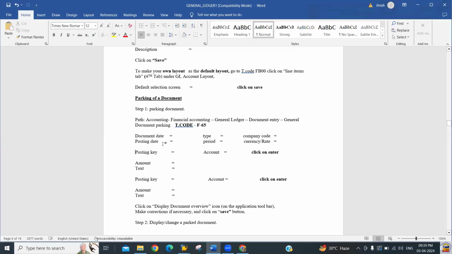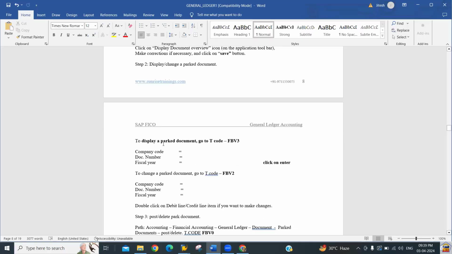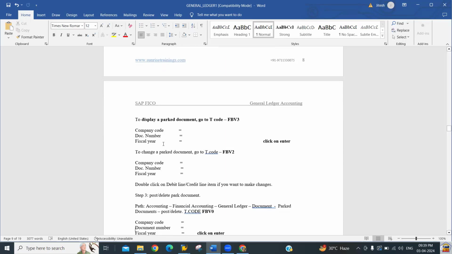If you want to simply display the park document list, you can use this transaction code FBV3. But if you want to make changes in your park document, you can use this FBV2 transaction code. You can double click on the line item. If you want to change the amount, cost center, anything, that can be done. And if the manager or a supervisor wants to post it, this document can be posted and it can also be deleted. So for the posting of the document, we have this transaction code FBV0, and the same transaction code we can use for the